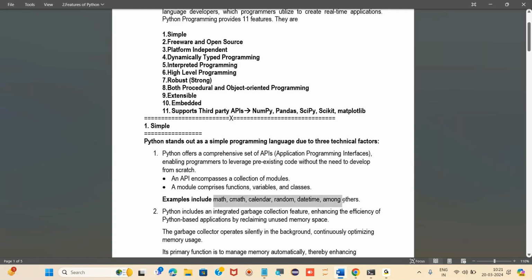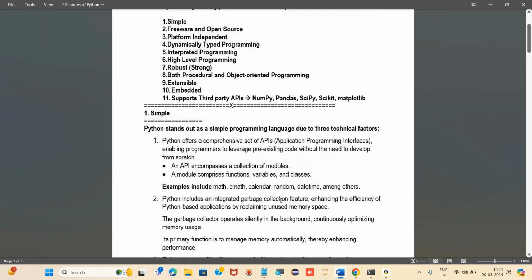There is no need to create these kinds of modules again. Yes, there is a concept called user defined modules. Users can also write their own module and use it somewhere. That is also possible. But modules which are already there are known as predefined modules.